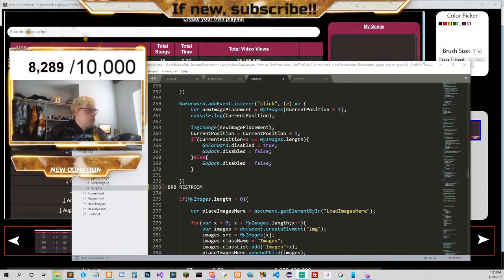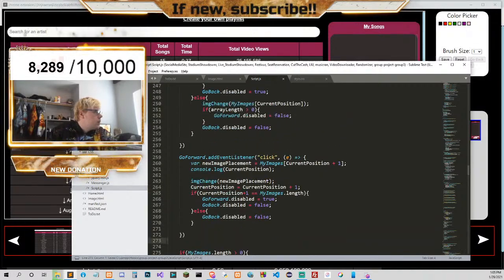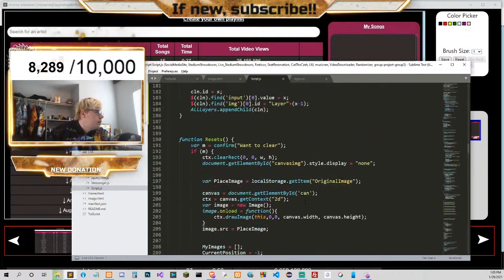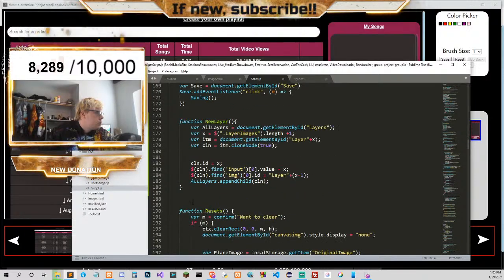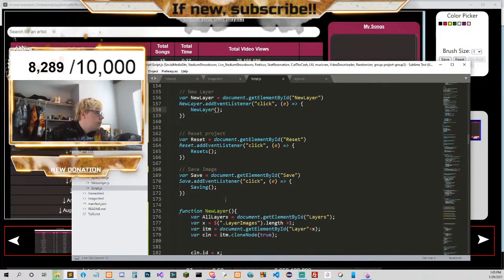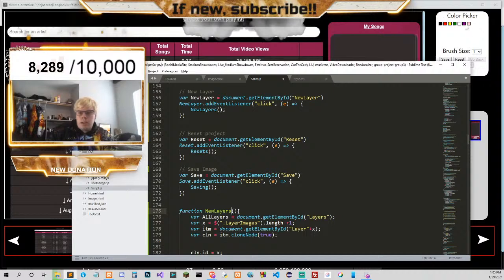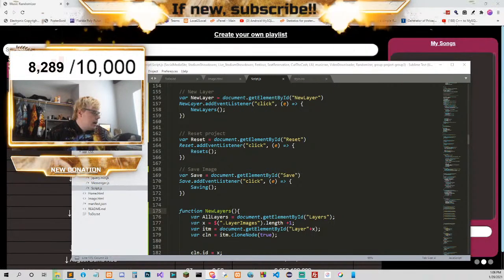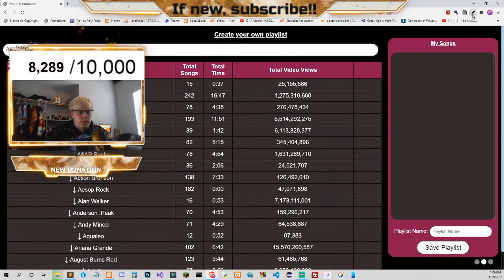Alright, so now that we're back, let me take this out. This should. Oh, yeah, we're looking at new layer. It says new layer is not a function. Huh. What's this? Oh, that's why. We can't make them the same name. Forgetty spaghetti. Alrighty.